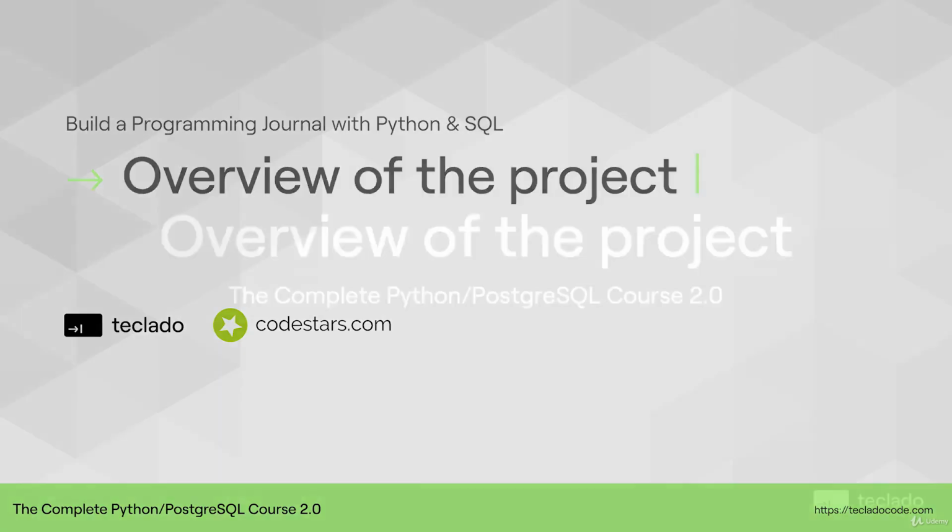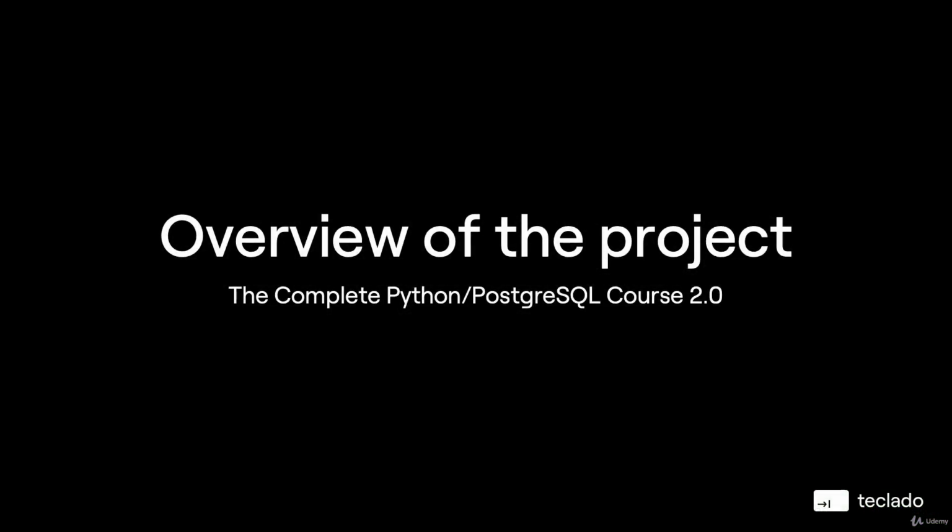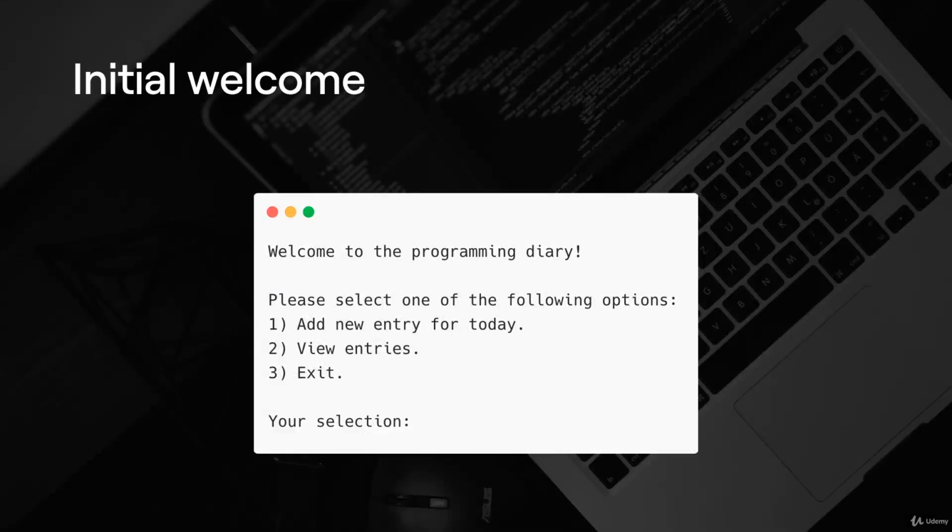In this video we're going to look at an overview of the project we're building in this first section. The project is a programming journal that uses SQLite as a database. In this journal we're going to be able to add new entries or view existing entries, keep track of our programming learning. When users first run our app, they're going to see a sheet like this one, a quick welcome at the top, and then the three options that they've got in the menu. 1 to add new entries, 2 to view entries, or 3 to exit, and finally they can enter their selection